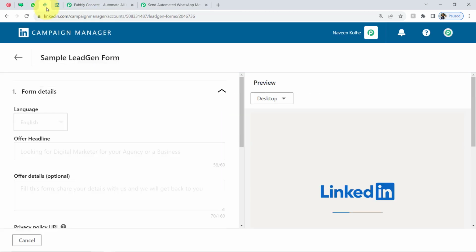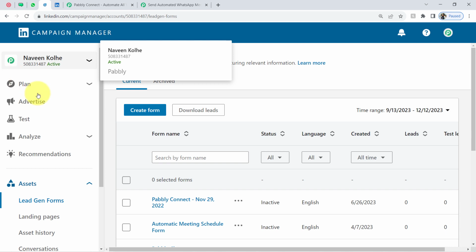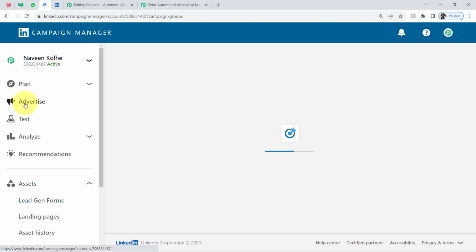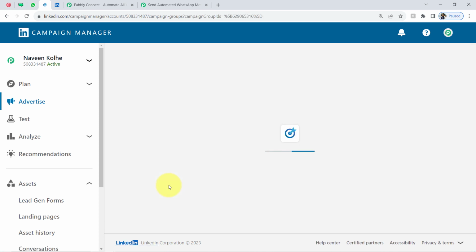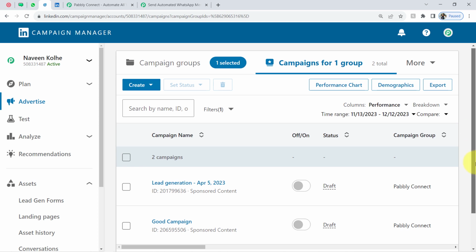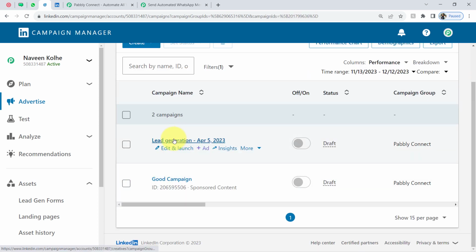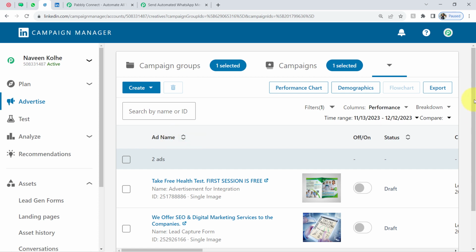Okay, I can even show you how you can view the same. Let me first close this sample lead generation form, and firstly I will open my advertisement. This is the advertise section. This is the campaign group with the name Pabbly Connect, and in this campaign group I also have the campaign name. So I will be opening this lead generation campaign name, and here you will find the advertisement, but